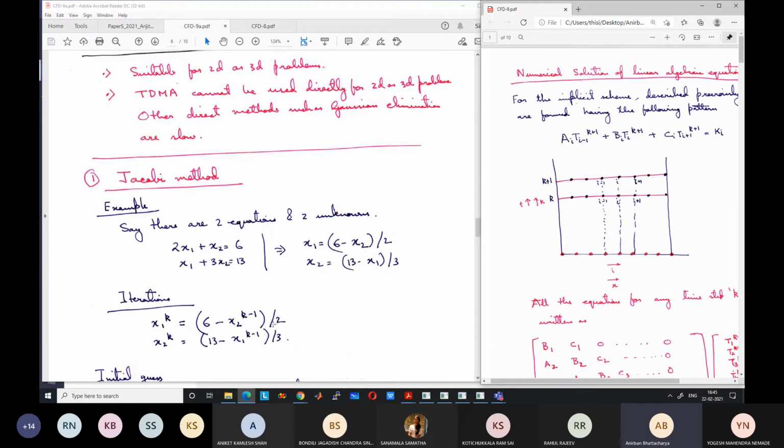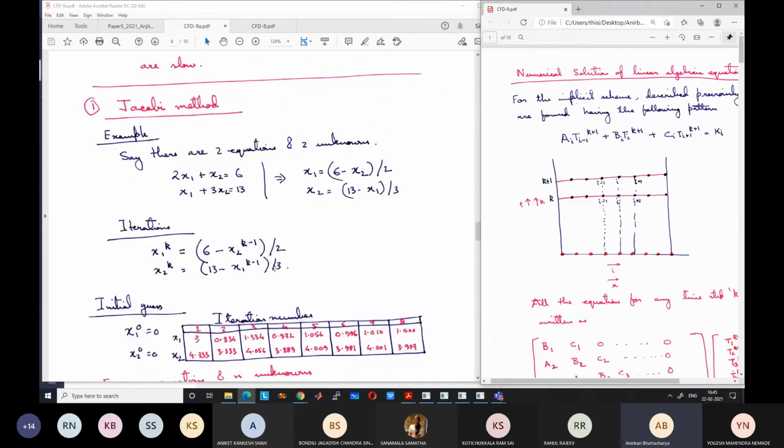So what I have to do is use an initial guess value. I have to guess the value. How will you guess the value? You have no idea, so you will just randomly guess a certain value. So for example, because I have no idea about the solution, I am guessing that x1 equal to 0, x2 equal to 0. It has come to me as the easiest guess. If there is no other option, I will guess 0, 0. Is it clear to everyone? So this is the initial guess.